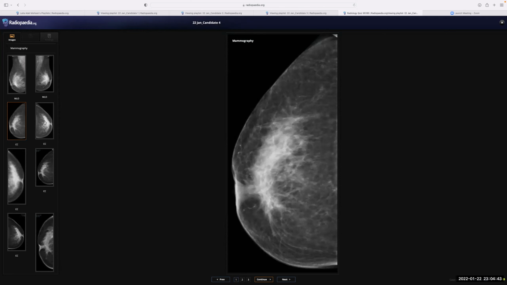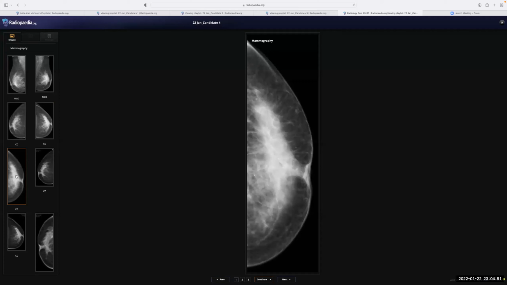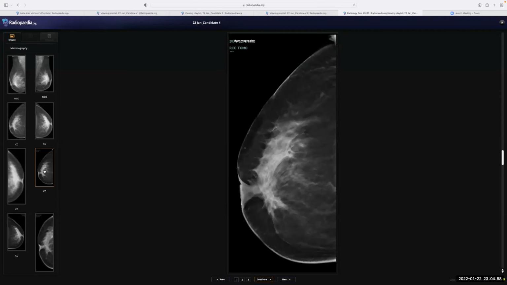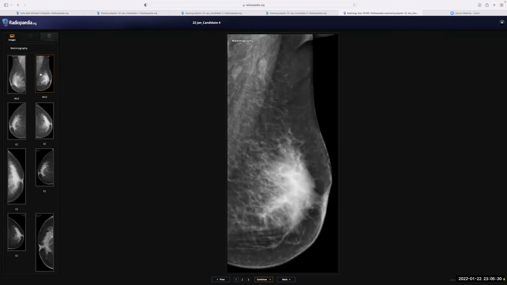craniocaudal view of the right breast, the craniocaudal view of the left breast, and this is, I think, craniocaudal view of the left breast, and looking more carefully, I can see that this is a heterogeneously dense breast, and in the axilla, I can see a benign looking lymph node, but in the breast, I'm not able to see any opacity. In the left breast, I can see that the fibroglandular tissue appears more dense as compared to the right,